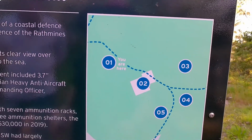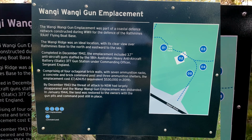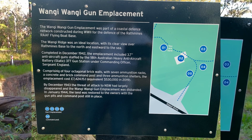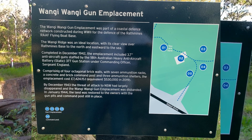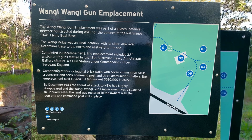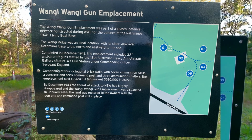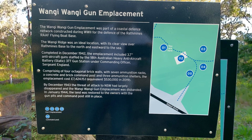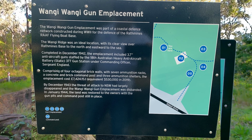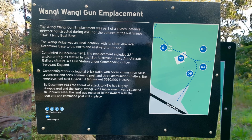there, number 1. So we've got the Wangi Wangi gun emplacement was part of a coastal defence network constructed during World War II for the defence of the Rathmines RAF flying boat base. The Wangi Ridge was an ideal location with its clear view over Rathmines Base to the north and eastward to the sea. Completed in December 1942, the emplacement included 3.7 anti-aircraft guns staffed by the 18th Australian Heavy Anti-Aircraft Battery Static 377 gun station under Commanding Officer Sergeant England. Comprising of 4 octagonal brick walls with 7 ammunition racks, a concrete and brick command post and 3 ammunition shelters,